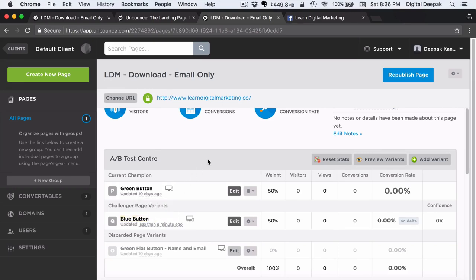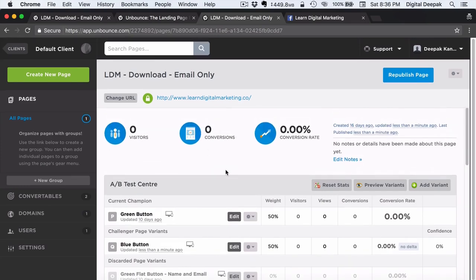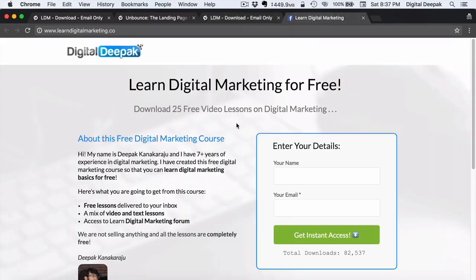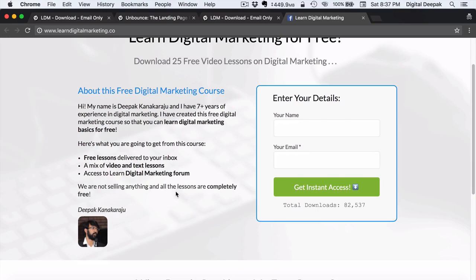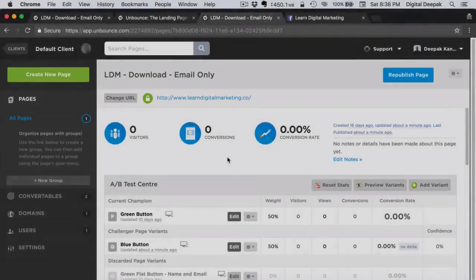Now after a few days, if I start looking, I would see that I am getting an equal number of visitors for both these landing pages. Then I would be able to see which landing page is performing better by looking at the conversion rate. And once I find out whether the blue button or the green button is performing better, I would go ahead and declare it as a winner. Then I can change some other part of the landing page. Maybe I can change the testimonials, maybe I can change the title. So this is how A/B testing works, and A/B testing is one of the most important parts of conversion rate